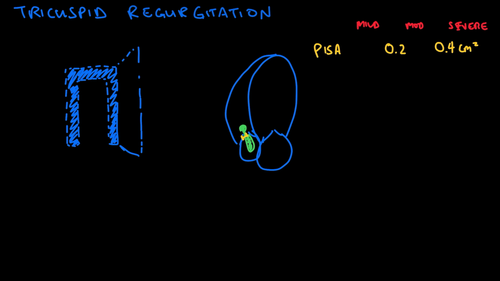So vena contracta width, if that is more than 0.7 centimeters, that would be concerning for a severe degree of tricuspid regurg. And again, if you remember, if that's the diameter, then 0.35 would be the radius, and you can do pi r squared, and that ends up being quite close to 0.4 that we actually get with our PISA. And then just like with mitral regurgitation, there's a couple other factors that go along with severe. Often with severe, you will see dilation